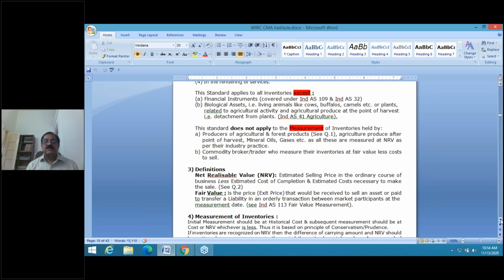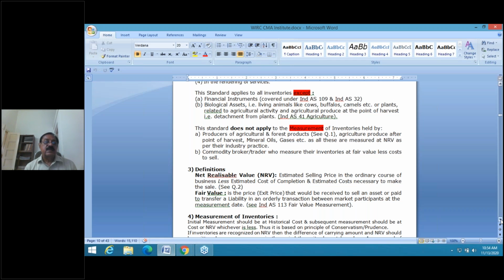Now, scope means what is included. So what is included is mentioned. What is not included? This standard applies to all inventories except one, financial instruments, which are covered under Ind AS 109 and Ind AS 32. Financial instrument refers to, if I give some cash,